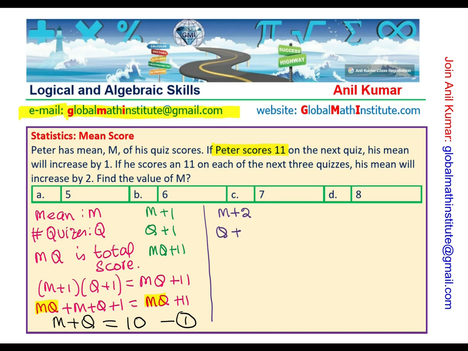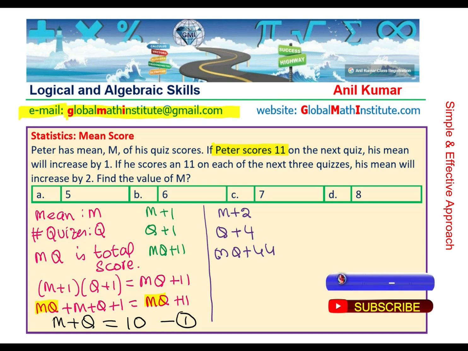And quizzes now are 1 plus 3, 4. And the score will be MQ plus. Next 3 is 33, right? 3 11s, so 44. And that gives us an equation M plus 2 times Q plus 4 equals to MQ